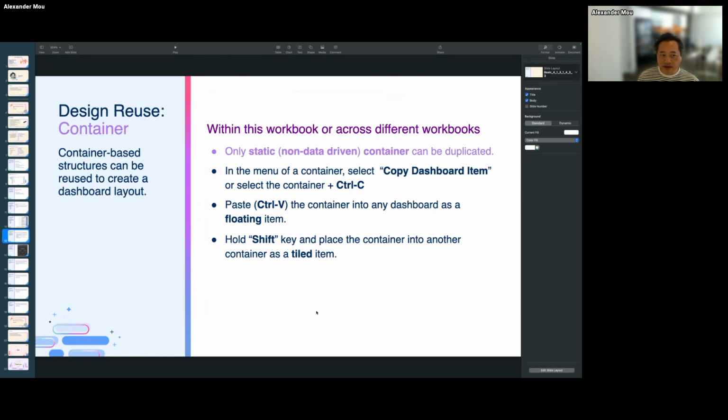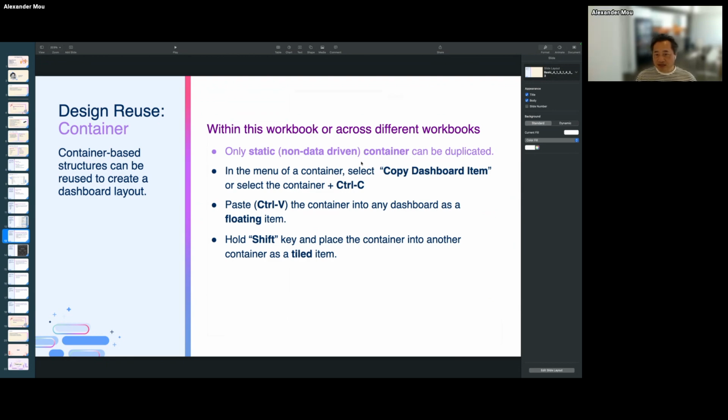Okay, containers. This may not be used as much, but I just want to mention it for completeness. The containers can be copied and pasted as well. So for a container with some content, only static, non-data driven containers can be duplicated.